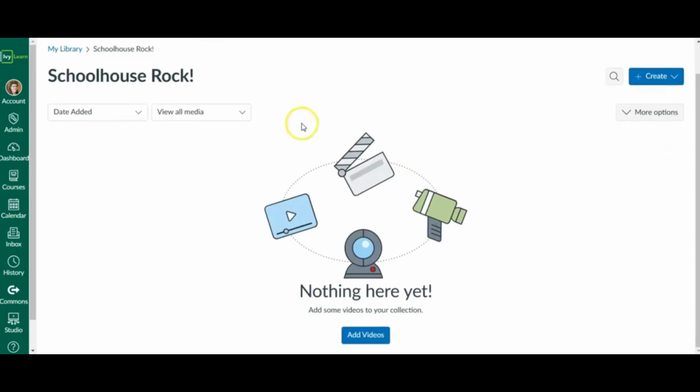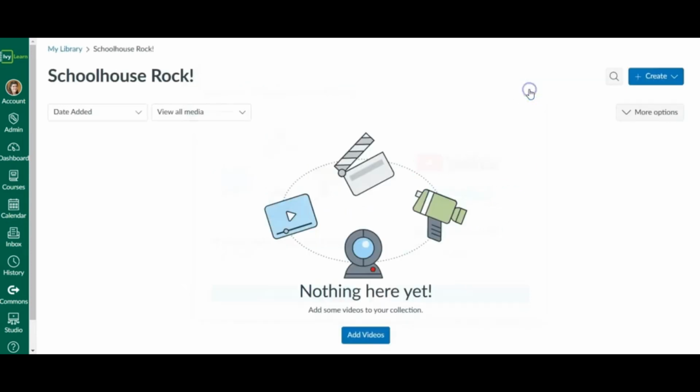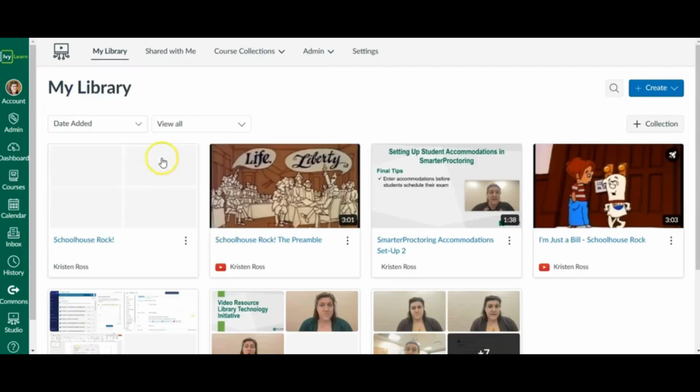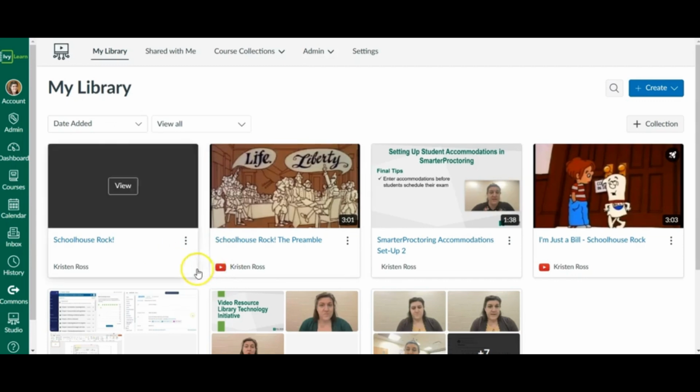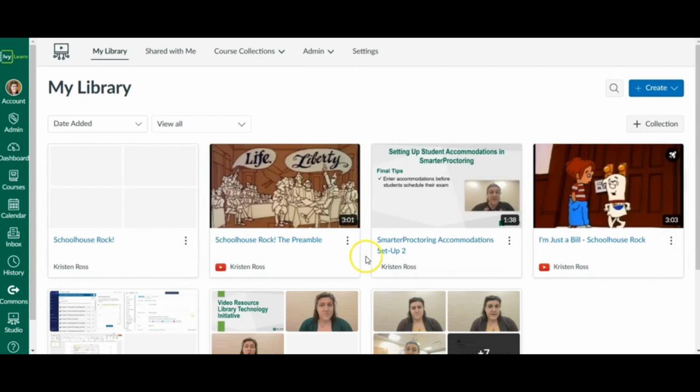There will initially be this symbol that nothing is there yet. So again, it'll give you a prompt so you can add your videos. There's 2 different things that you can do when you start a collection. You can either add the videos, which are basically going to pop up the same way that we were doing it before, or if we go back to my library, you're going to notice that this is my folder that is empty, and then these are the videos. These 2 are the ones I want to add.